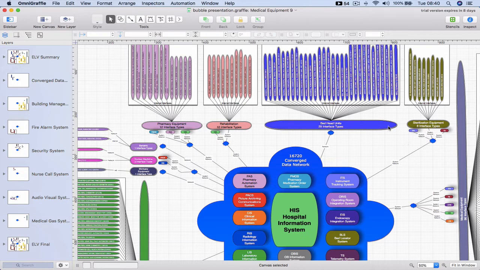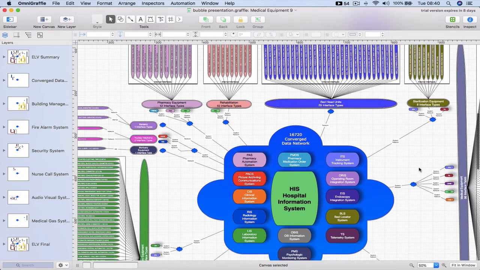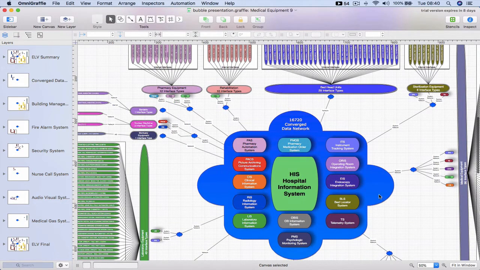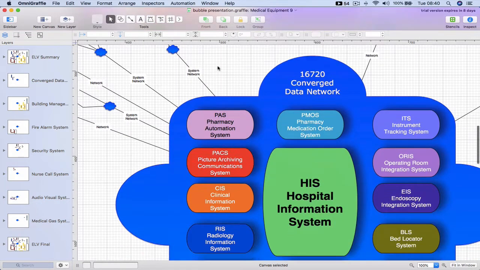You can see every system is connected to the main servers. So this converged data network here will have all of these systems in a data center. So this required a data center build. So zoom in a bit. And so what we did here